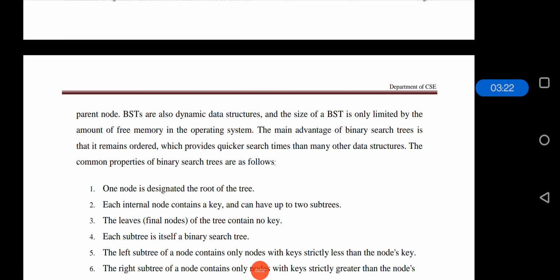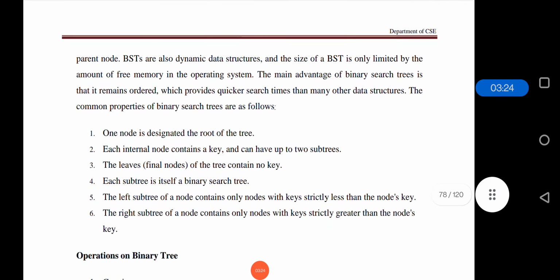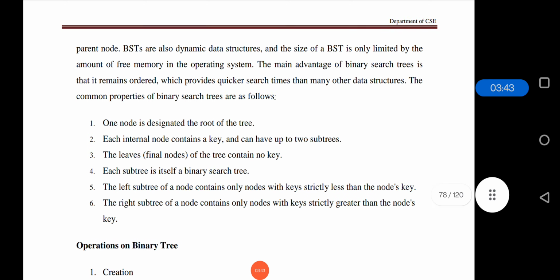The leaf nodes of the tree can contain no key because they are leaf nodes. Each subtree is itself a binary search tree because it has either 2 child nodes or 0 child nodes. The left subtree of a node contains only nodes which are less than the root node. The right subtree contains only nodes which are greater than the root node.